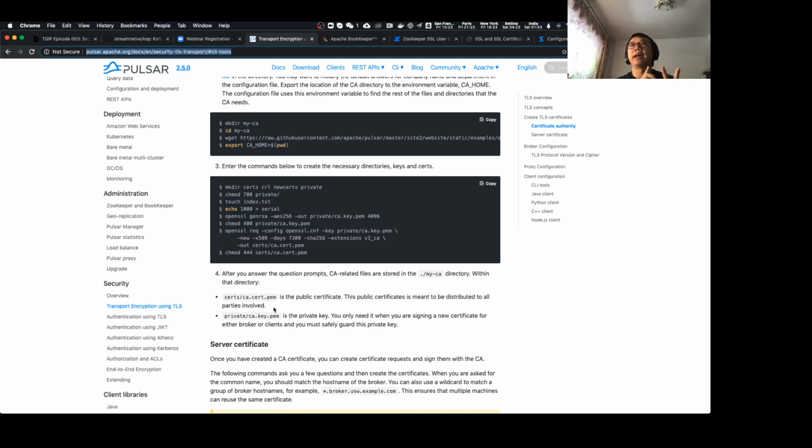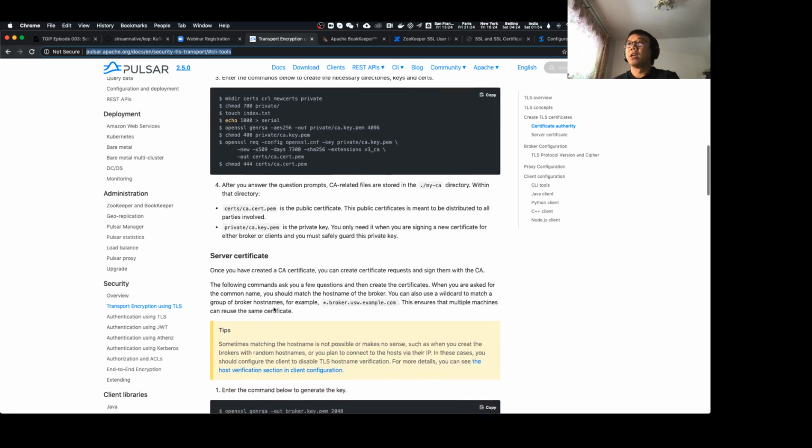If you already have a third party public CA, you don't need to create this. But for development or testing purposes, if you want to test the whole process, the first thing you need to do is create a CA, and you just need to create it once. And you can use the CA to generate different server certificates for different